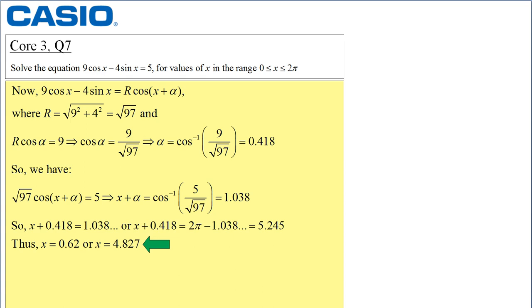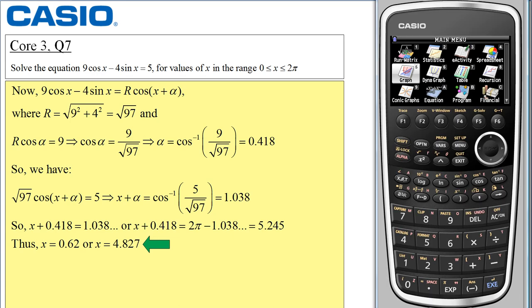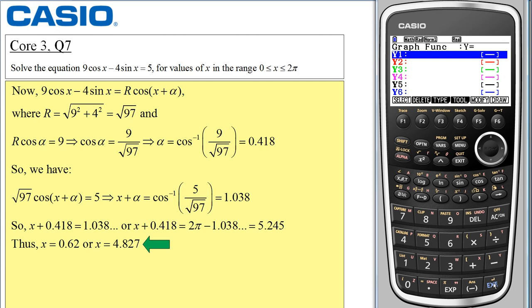If I use the Casio graphical calculator, and I'm going to use the graph function menu, option 5, I'll start by plotting 9 cos x take away 4 sin x, and the other function will be the right hand side of the same equation, that's y equals 5. If I select execute and F6 to draw,